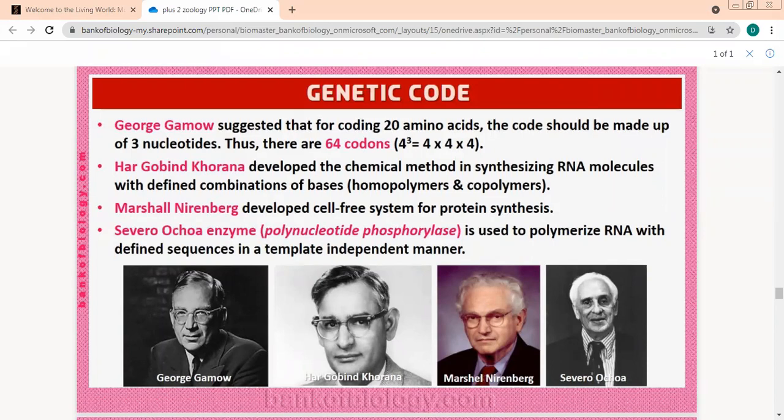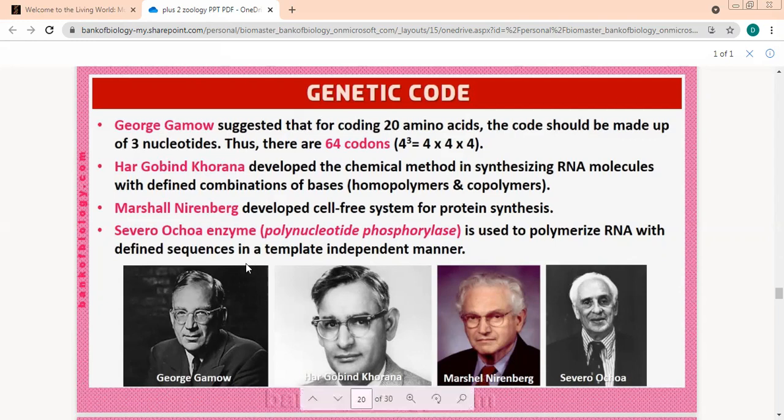Outside the cell. Yes, beta. Outside the cell, she says. Okay, good. Anyone else? Quickly tell me, what is a cell-free translation system? Beta, in vitro. Okay, this is in vitro. If you do it in in vitro mode, then it is called cell-free.